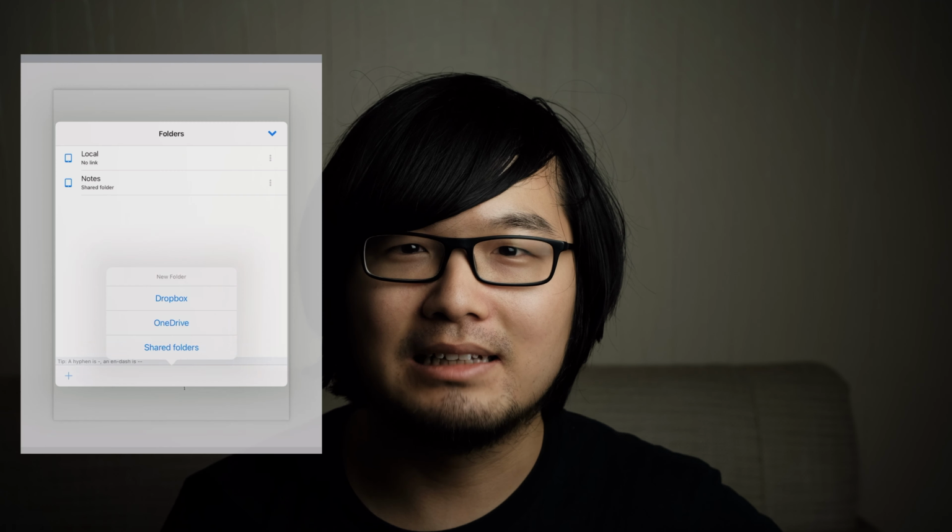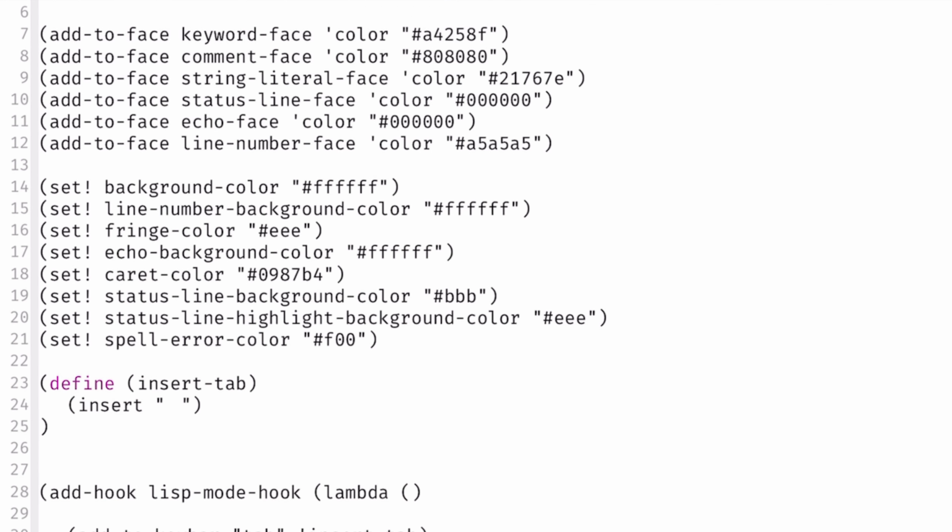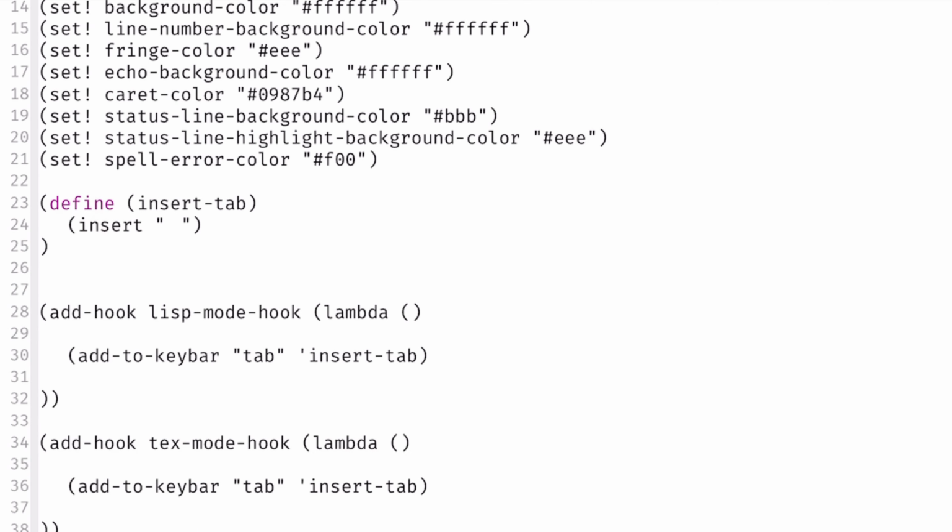In my opinion, TeXWriter is the best LaTeX compiler in the App Store. It has a solid file manager integrated with the Files app. It supports multitasking on the iPad perfectly. It also has a ton of customization and scripting capabilities. Furthermore, it has a transparent package management system that is based on plain files and directories.